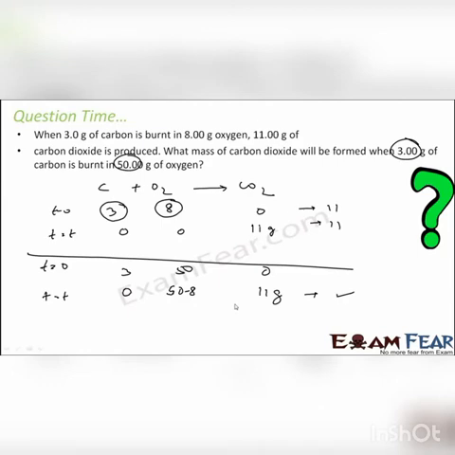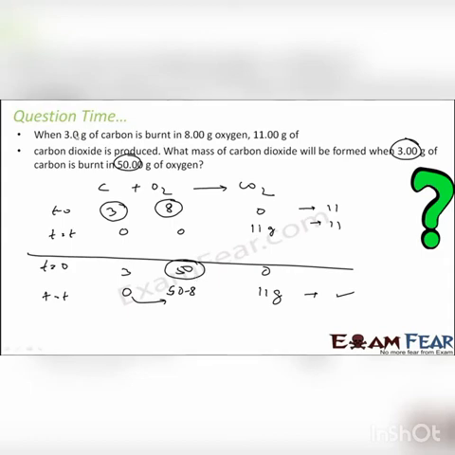But note that if you provide excess oxygen, all the oxygen will not be used, it will be unused, right? So when you burn a matchstick, all the oxygen on the earth doesn't vanish. Only the oxygen required to burn that matchstick is used. The remaining oxygen is still in the air. Here also in the second scenario, we are pumping in more oxygen, but to burn 3 gram of carbon, only 8 gram of oxygen is required. So only 8 gram of oxygen will be used, and the remaining will be unused.